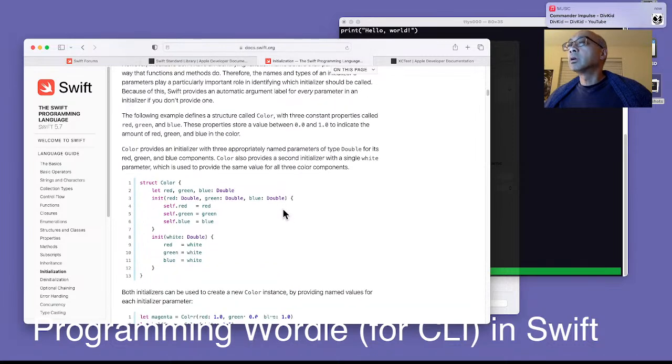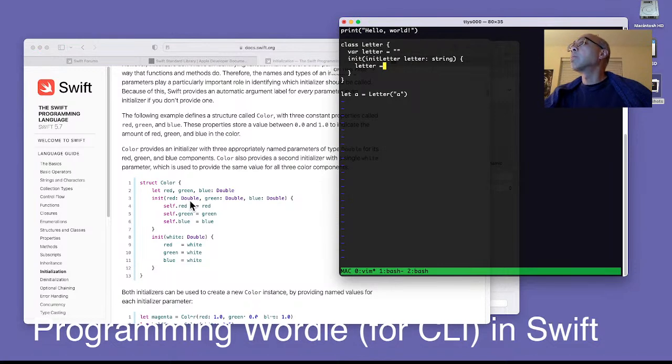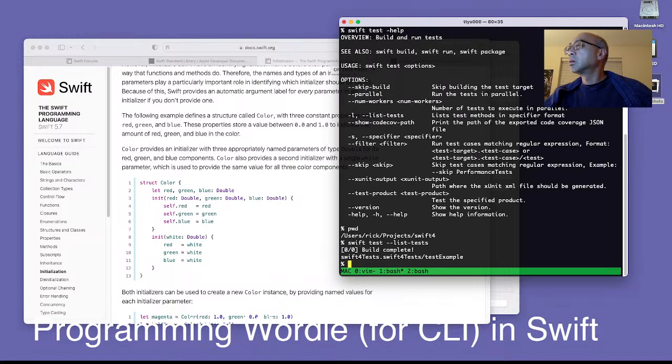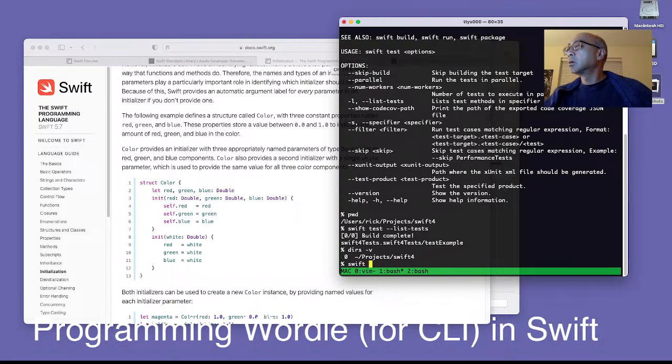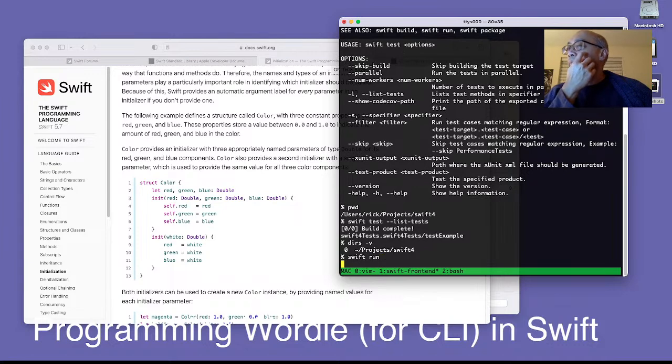Argument labels. Yeah, something like this, but let's see if I did this right. Yeah, this